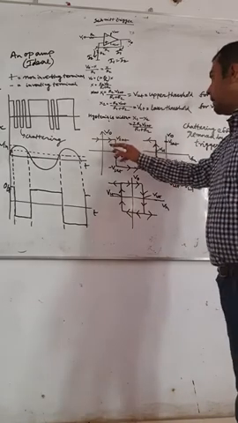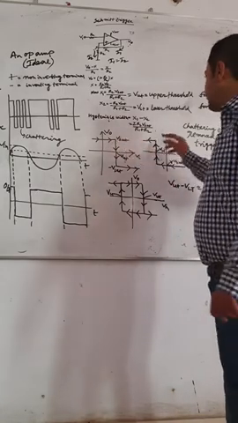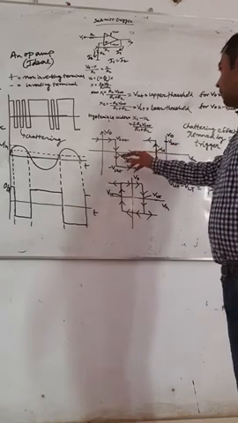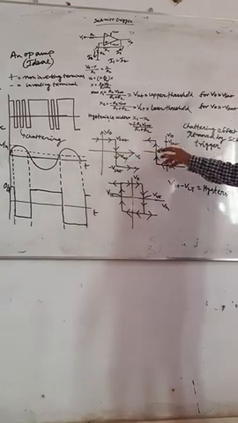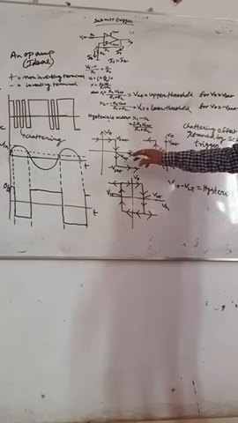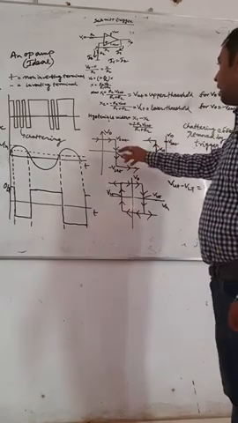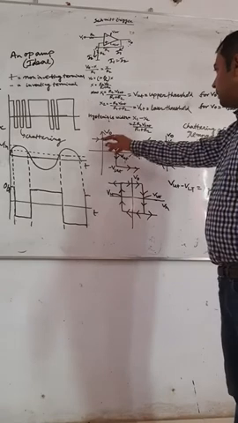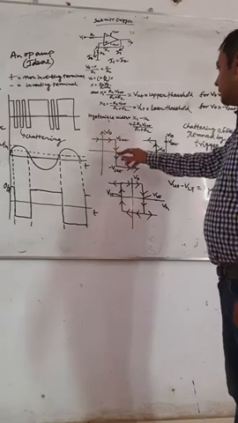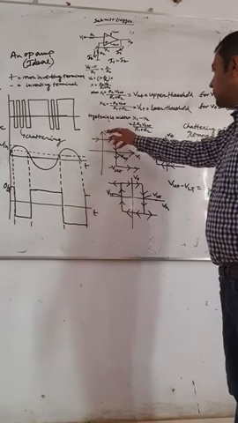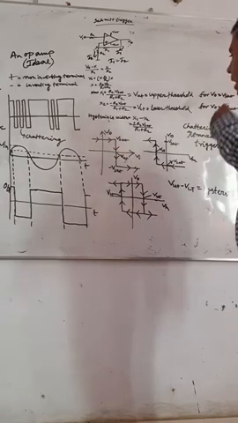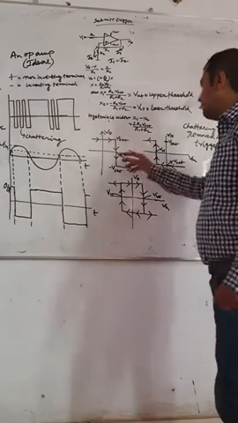This is the diagram for Vsat. This is the diagram for the upper threshold voltage, and this is the diagram for the lower threshold voltage. How to find out the lower threshold voltage from this graph? This curve is cutting the input. This is the input voltage axis. This is the output voltage axis. The curve is cutting the input voltage axis at a certain point.